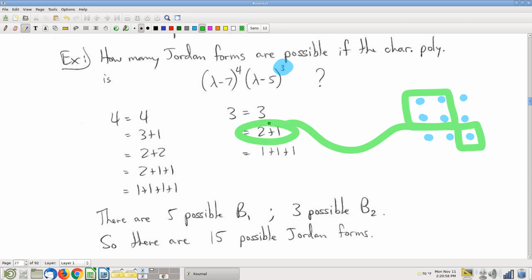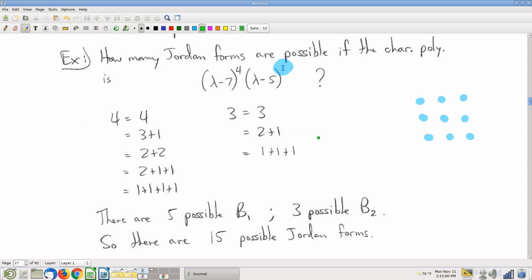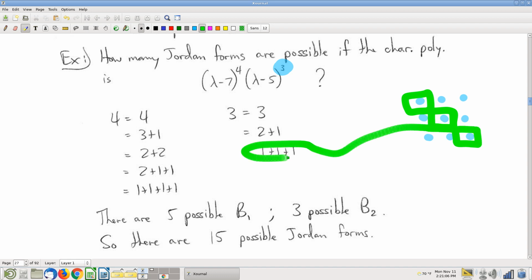That's another possibility. Right, now here's a third possibility. It could be that there is a 1x1, another 1x1, and then another 1x1, right? I mean, that's a third possibility for what the Jordan block structure might be for that 3x3 eigenvalue block. And here's the thing, in case you didn't notice, I was sort of pairing up with this arithmetic here. Anytime you have a basic Jordan block structure inside of an eigenvalue block, you can just count how